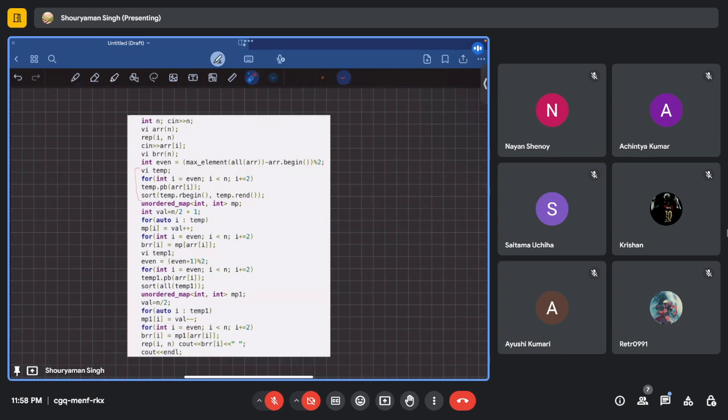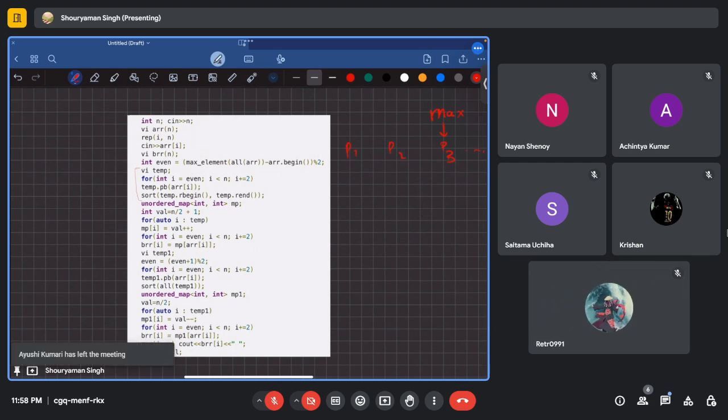कोड में स्टार्ट किए तो ये पार्ट तुम्हारे पास इनपुट लेने का हुआ, ये पार्ट जो आता है ये क्या काम कर रहा है कि इवन जस्ट एक एलिमेंट, मतलब कि एक नंबर है, मैक्स एलिमेंट from all of the array minus arr.begin. So this gives like मान ले कुछ p1 p2 p3 है, मान ले ये तुम्हारा मैक्सिमम एलिमेंट है। ठीक है, तो what this part would give you is like 3 as result, क्योंकि ये तुम्हारा बिगिन यहाँ पे है, मैक्स एलिमेंट का यहाँ पे, तो आइटरेटर माइनस करोगे देन तुमको 3 आएगा। ठीक है,